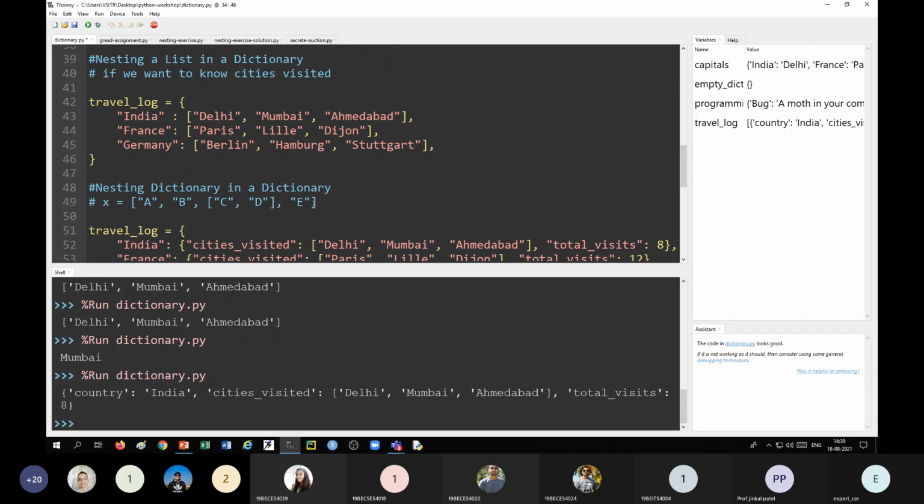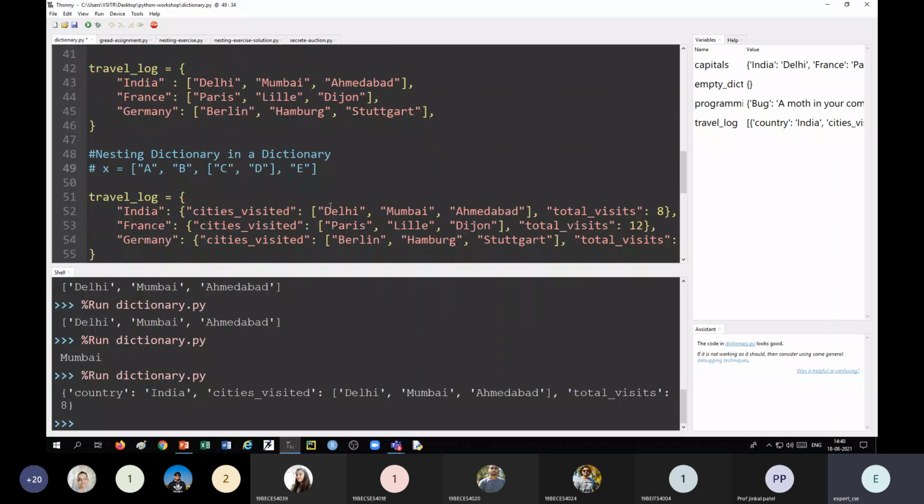For example, nesting of the list. We can put a list in a list. For example, if we want nesting of list, then I can write in this way also. Say A, B, C and D are another element, which is a list and another. But in the same way, we cannot nest a dictionary in this way. Okay, how? Let us see.